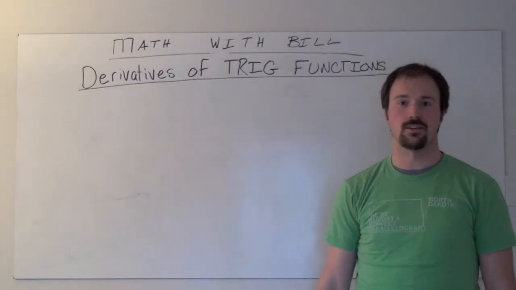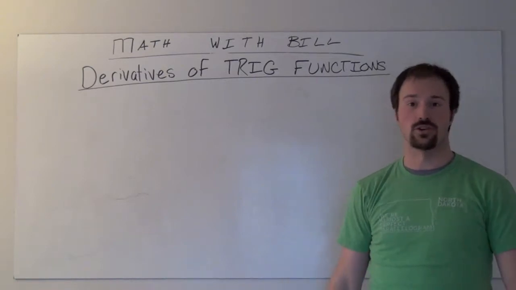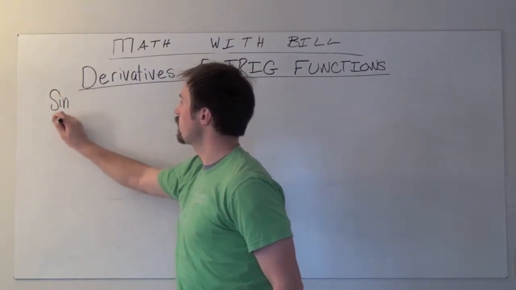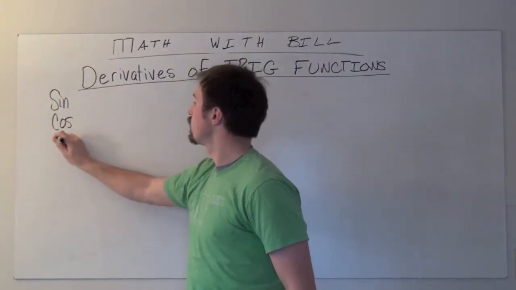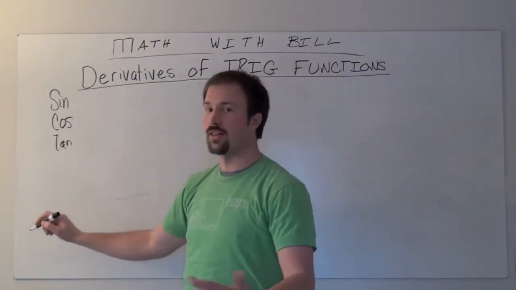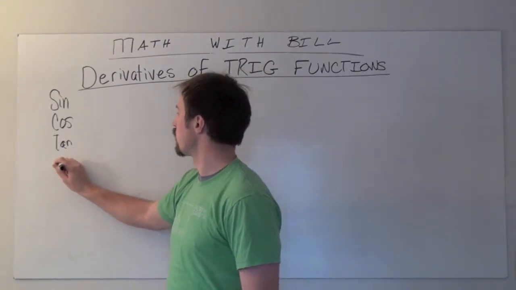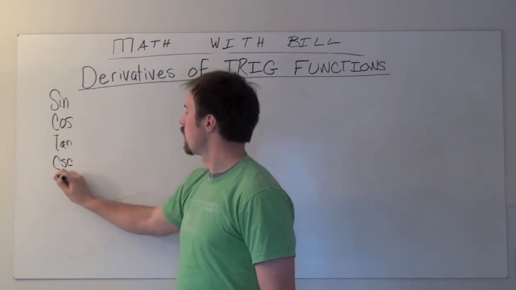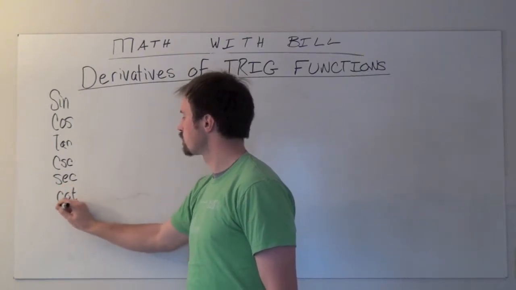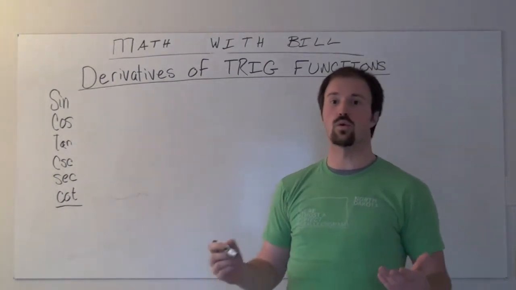In this next set of videos, you're going to be looking at derivatives of the trigonometric functions. As a quick review, we have sine, cosine, and tangent, which are the major three, and then the other three are the reciprocals of these, which are cosecant, secant, and cotangent. We're going to be looking at all six, but in this first video, we're going to focus on